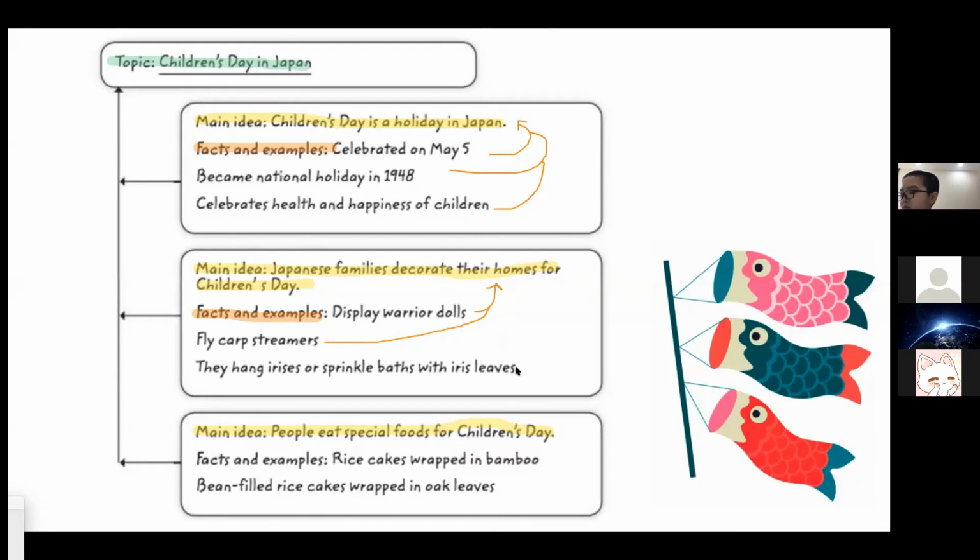They hang irises or sprinkle baths with iris leaves. So these 3 facts and details, display warrior dolls, fly carp streamers, and hang irises or sprinkle baths with iris leaves, tell how Japanese families